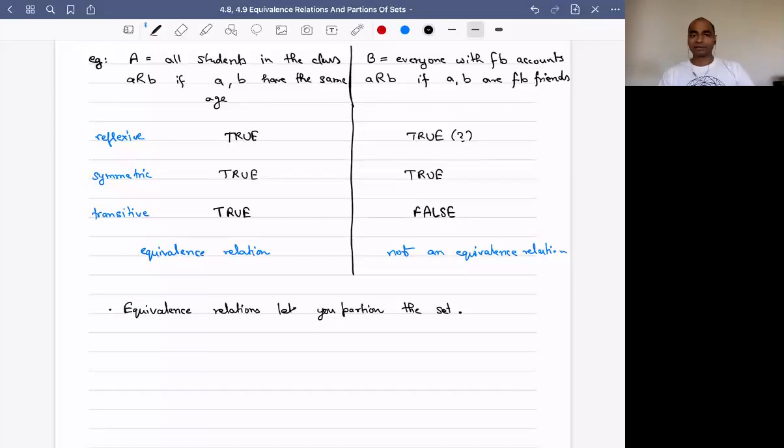What do I mean by that? So I can take the set of all students, and because I have an equivalence relation by using the same age, I can partition the set of students using age. So I can say the partition 1 contains students who are born in, let's say, 1990. Then the next one is 1991, 92, 93, and so on. And so in the above example,